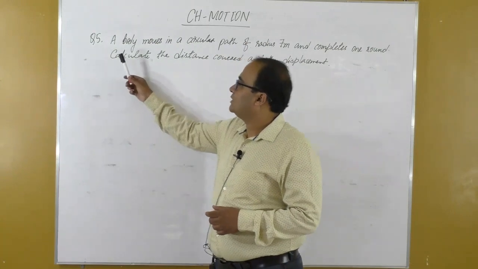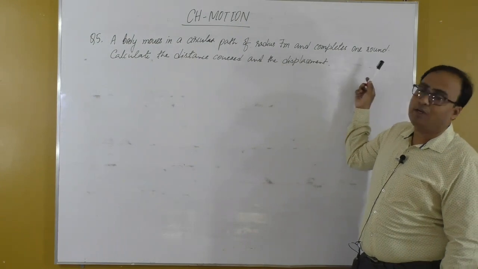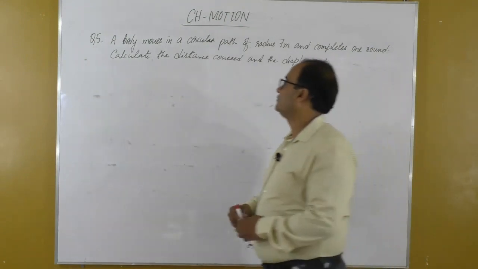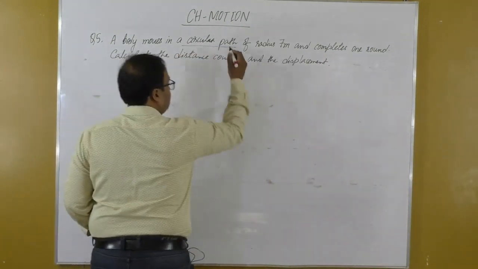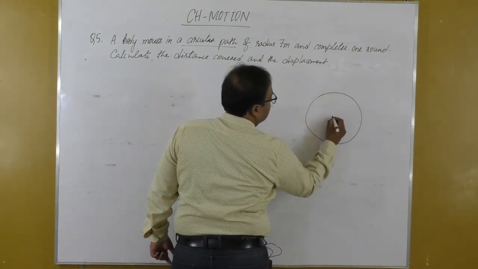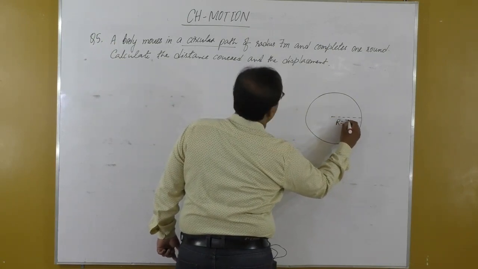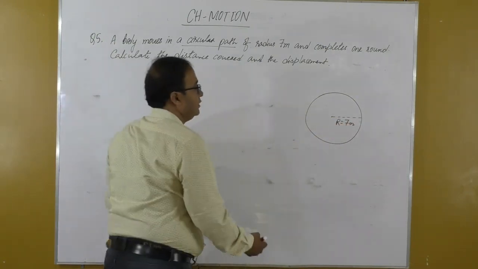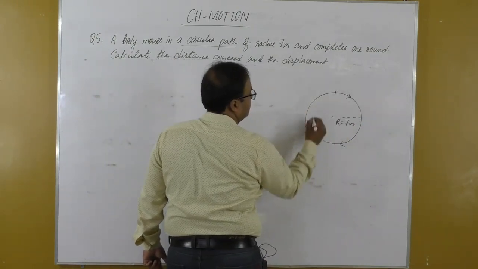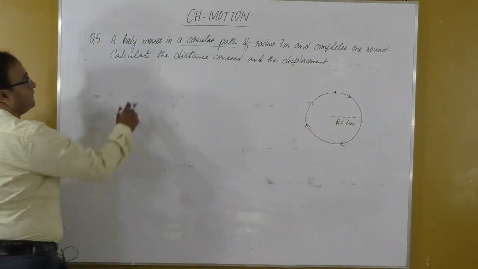Question number 5 we are going to discuss. Look at the question here. A body moves in a circular path of radius 7 meters and completes 1 round. Calculate the distance covered and the displacement. So the body moves in circular path. And radius is given. Radius is 7 meters. And the body completes 1 round. Suppose started from here and stops here. The path is circular,